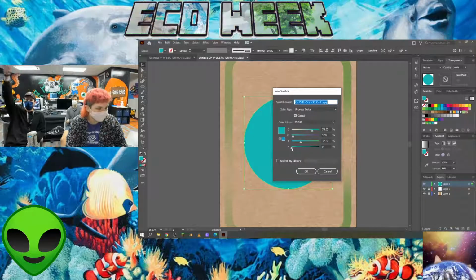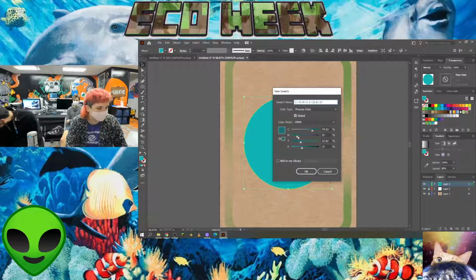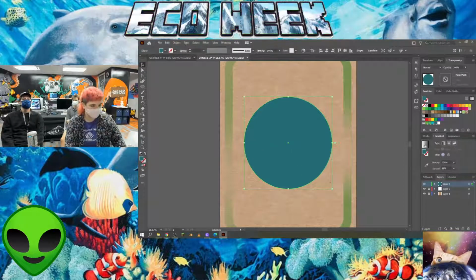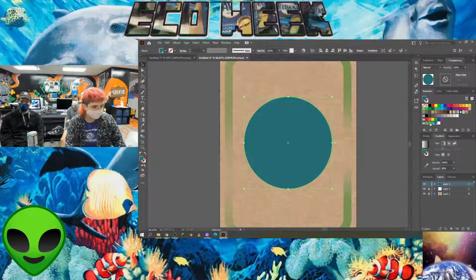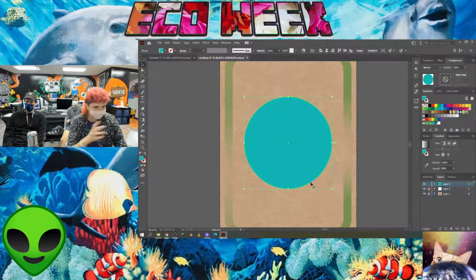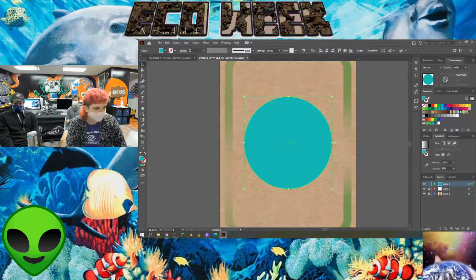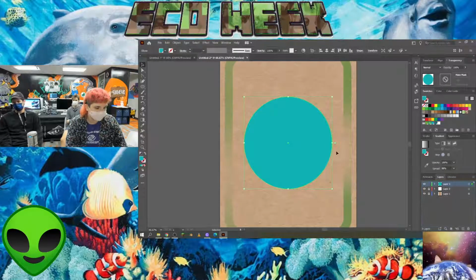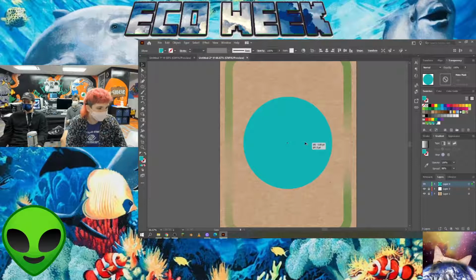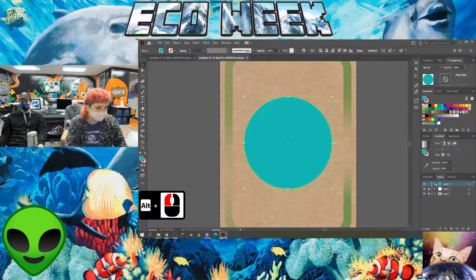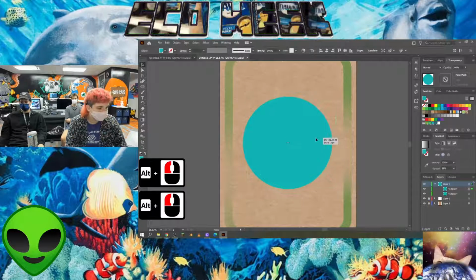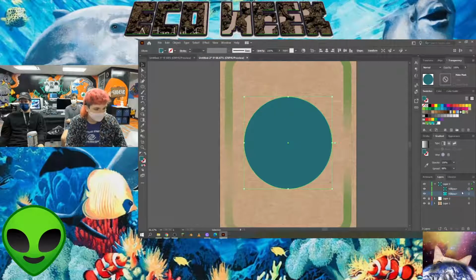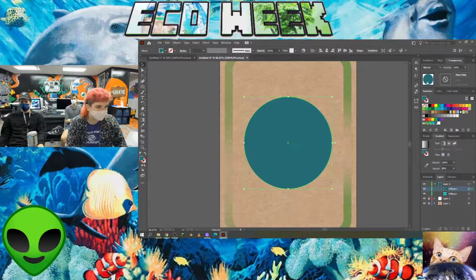So I'm going to do kind of the same thing that I did where I'm going to tweak this other color. I'm going to make a new one. So I want the base of it to be this nice bright color because this is the main color that I want to use for my earth. And I want to add in some shading as well, like I did on the other one. So, you know, some kind of stippling, a little bit more detail here. So I'm going to take this, I'm going to overlap them. And this is going to be the one that I'm going to darken. And I'm going to really do the exact same thing I did, where